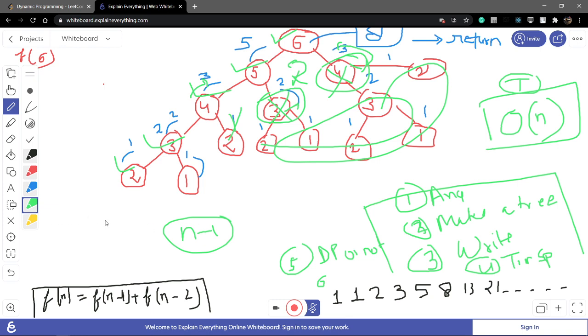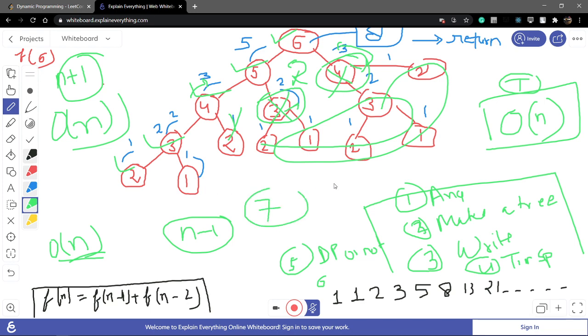And what is the space complexity? I have used the array. In the array I have only used n plus 1 space. So what is the space complexity? Order of n. That is it. In the map also it is order of n because I have stored at most n elements. We have never stored the 7 key. The maximum key is 6. So we have order of n.